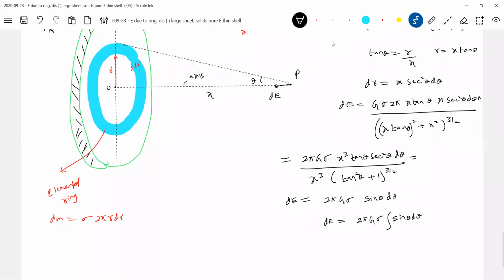So the integration of this is equal to 2 pi sigma g, and the integral of this will be minus cos theta. Now what is the limit? Let me go for the limit here now. From the diagram, look at what is cos theta: x by